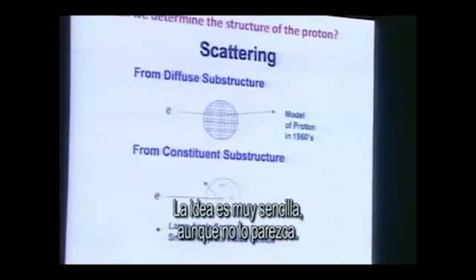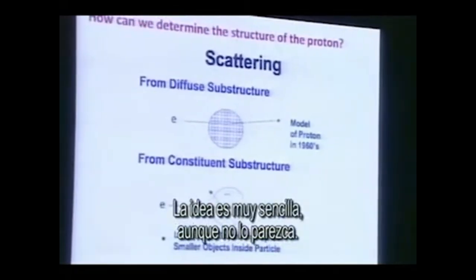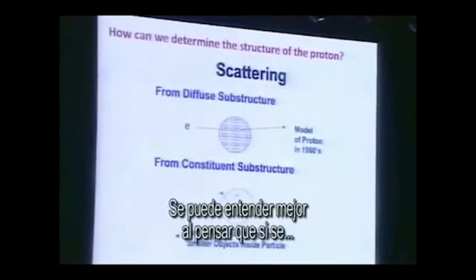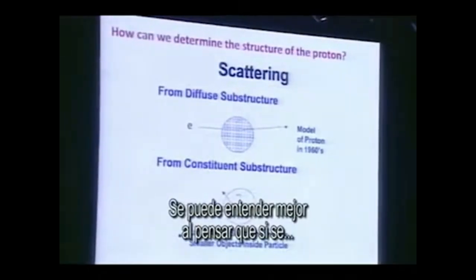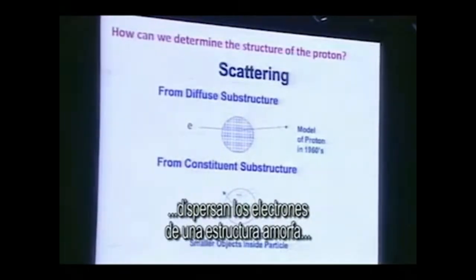And the whole idea there is very simple. This got a little garbled, but the idea is, if you scatter electrons from, see another way of looking at it, if you scatter electrons from an amorphous object,